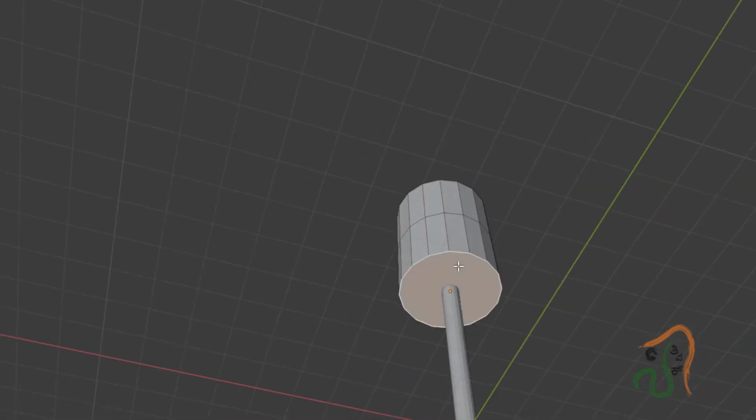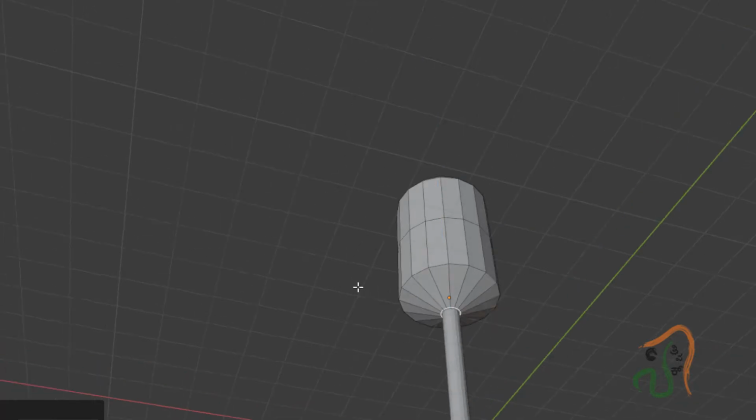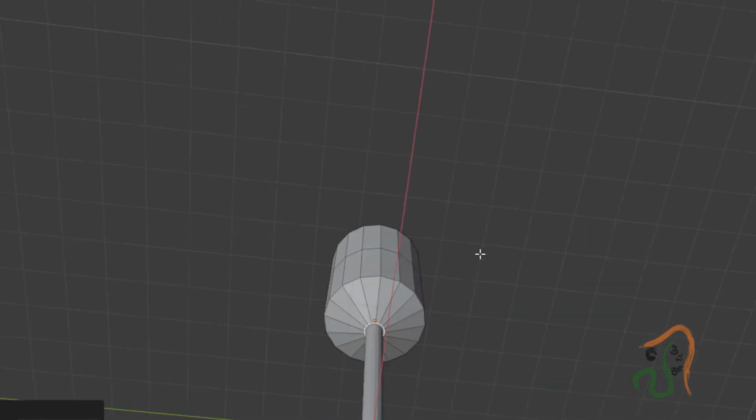Similarly down also, select this face, press E and slightly extrude it and then press S and scale it down. And when you are scaling it down at the center, let us scale it down to the width of the bottom handle and then press G and along the Z axis slightly move it down like this, so that this appears somewhat like a hammer.